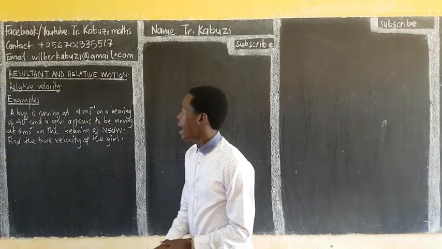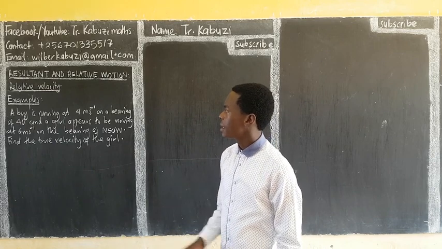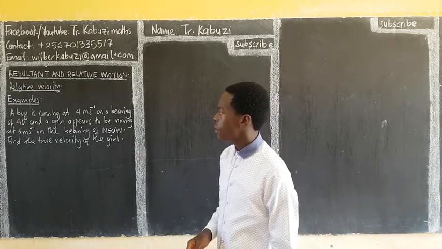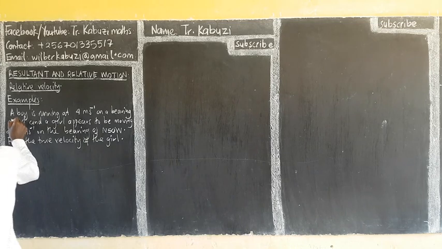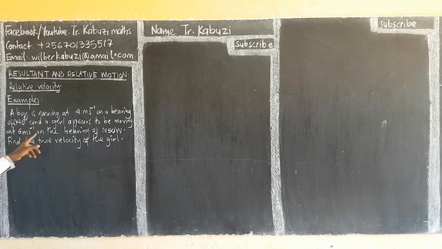Okay, let us see another question here. A boy is running at 4 meters per second on a bearing of 40 degrees, and the girl appears to be moving at 6 meters per second on a bearing of north 50 degrees towards the west. Find the true velocity of the girl. So here in our solution,